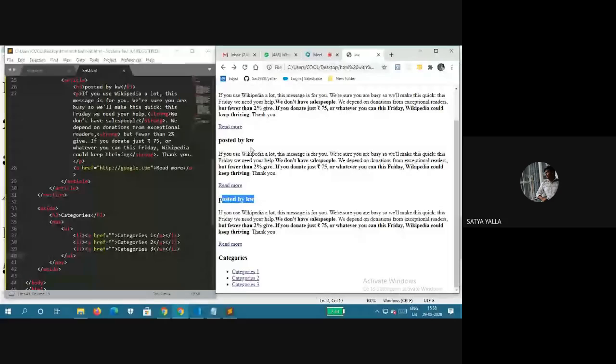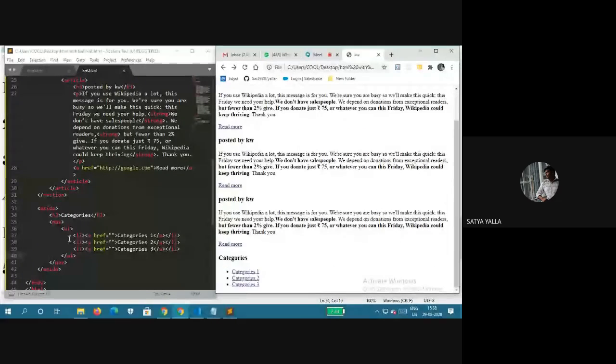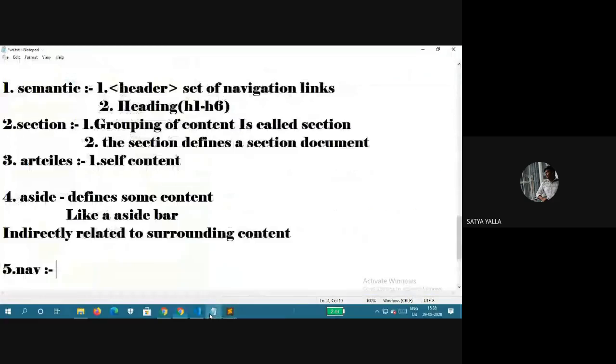The content heading goes in the section. Always the section goes under the article, and the article under the aside, and the main header goes only in the header part. And navigation, as Yogi said, is a list of links. That's it.